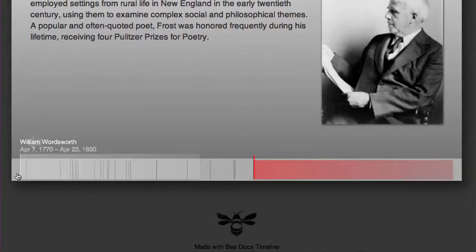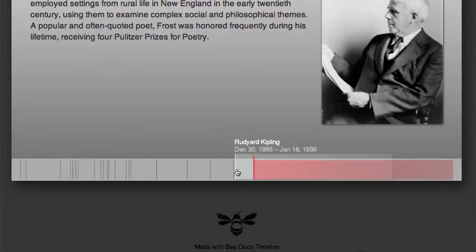You'll notice that the list view and the movie view both have this strip at the bottom. I call this the time strip. This represents all the events in your timeline. Whether you have 2 or 3 events or over 1,000 events, they'll all be represented by these little lines in the time strip. Now you can hover your mouse over the time strip, and as you pass by an event,